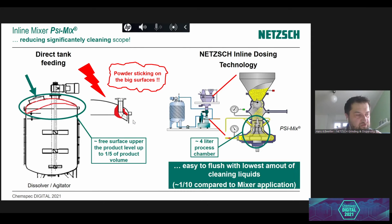Next thing is also when watching this technology, you see we have here a very small process chamber of 4 liters compared to a big tank of 5 cubic meters, for example, where the powder is added. You have on the top then a surface that can be coated by dust, and this has to be cleaned. So it's almost 1/5 of the total volume. You need to clean intensively because powder is sticking on. And here we have just a 4 liters process chamber, which can be easily cleaned with lowest amount of cleaning